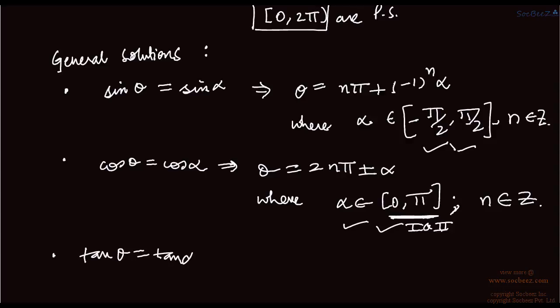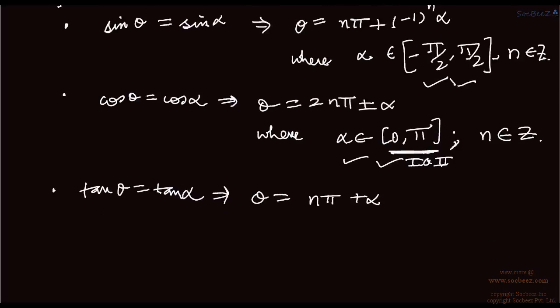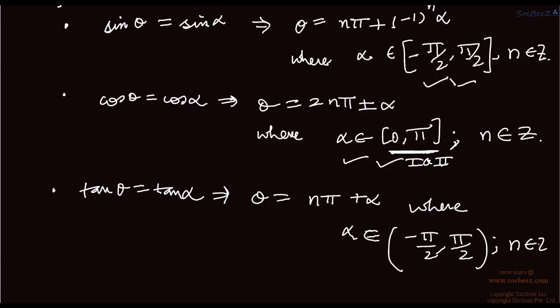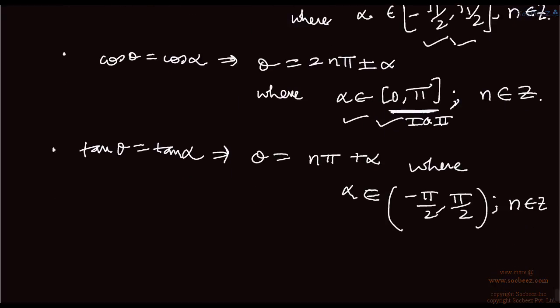Similarly, you have tan theta is equal to tan alpha. If you get this, then theta will be equal to n pi plus alpha, where alpha belongs to minus pi by 2 to plus pi by 2, with open brackets, not included, and n belongs to integers, of course. Then you have